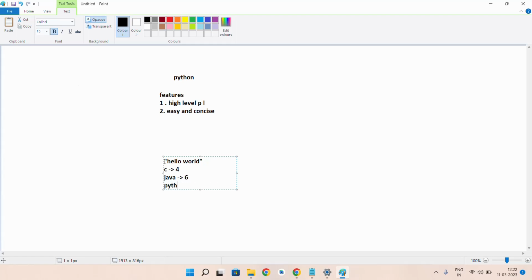But if it comes to Python, can anybody tell how many lines it will take to print hello world? Just 1 line. This is the thing that you need to do: print hello world.